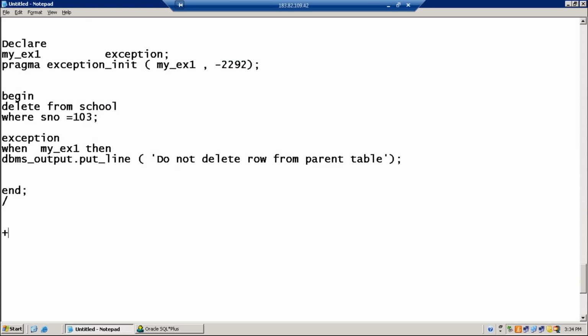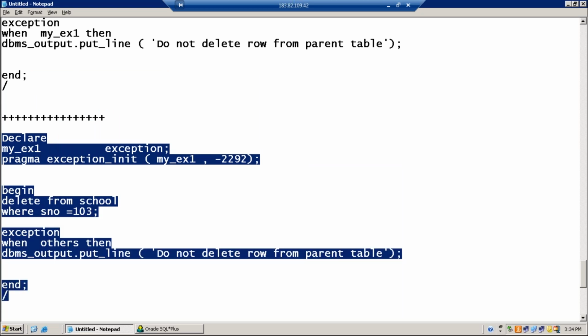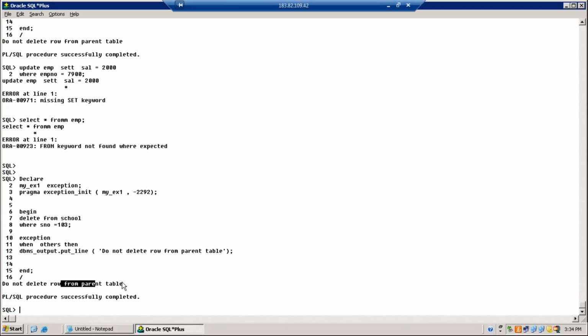It can handle predefined, non-predefined, and user-defined also. Don't think WHEN OTHERS can handle only five, like no data found, too many rows, zero divide. No, it's not only five. It can handle everything. It's guaranteed that the exception is caught and the program is completed.